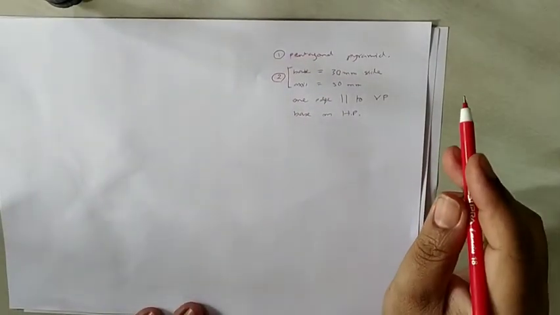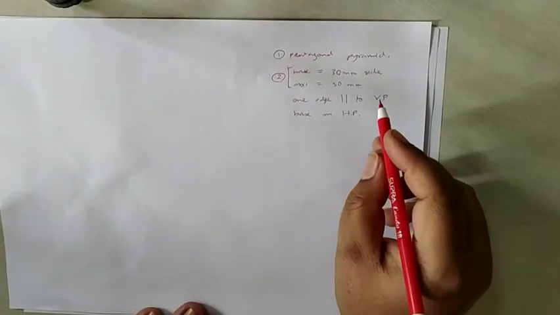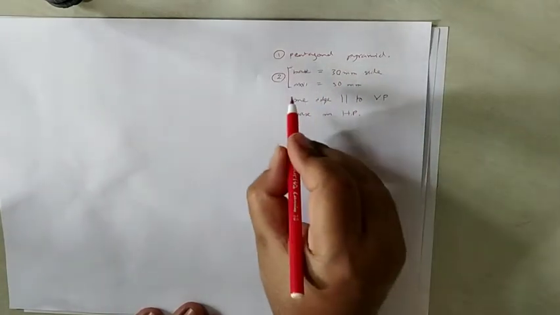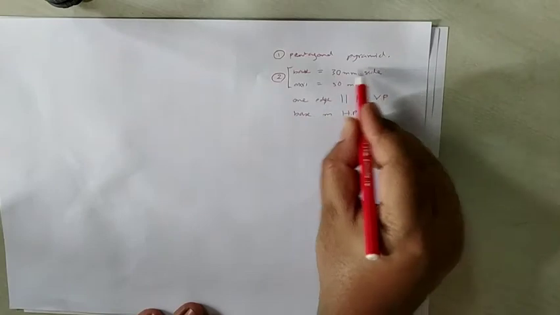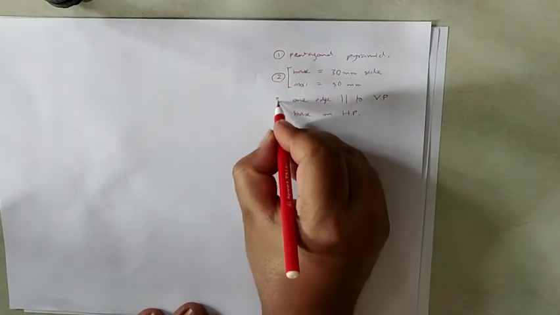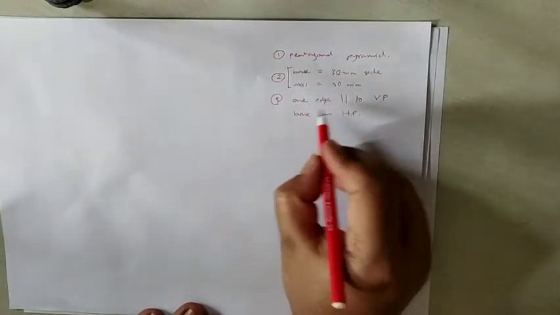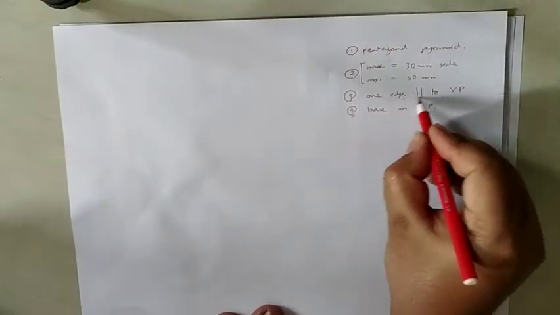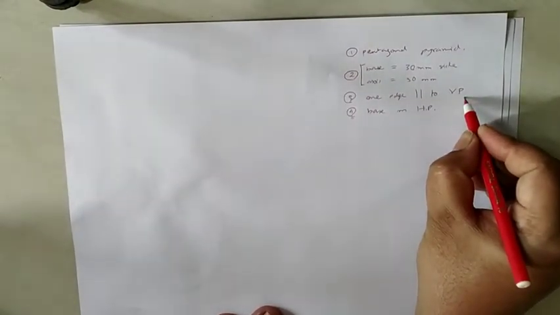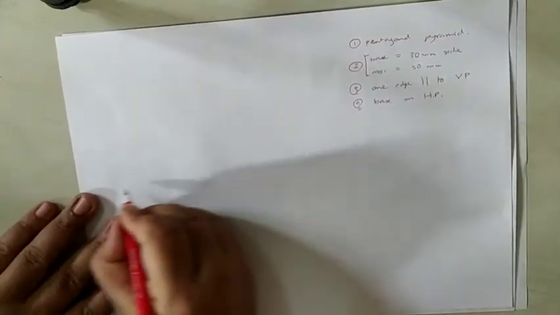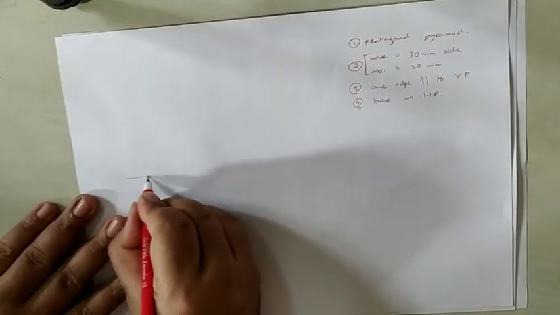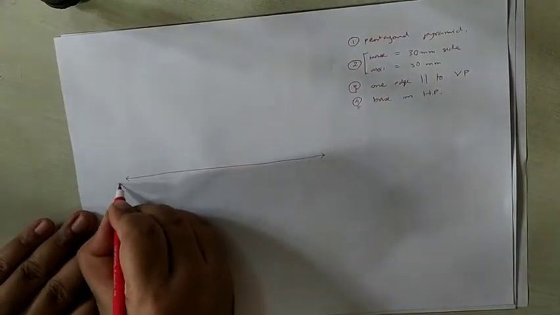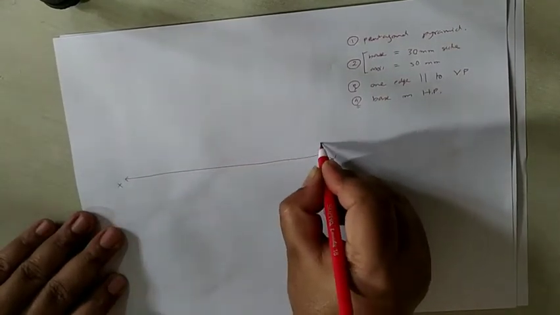Do you have a pentagonal pyramid? Second condition, the sizes of the pyramid is given. Third condition, it is said base is on HP, and fourth condition, it is said one edge of the base is parallel to VP. Now if you draw it simply, let us make the XY first, X dash,